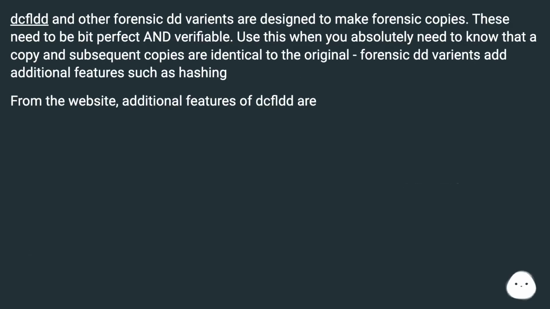Dcfldd and other forensic Dd variants are designed to make forensic copies. These need to be bit-perfect and verifiable. Use this when you absolutely need to know that a copy and subsequent copies are identical to the original. Forensic Dd variants add additional features such as hashing. From the website, additional features of Dcfldd are: